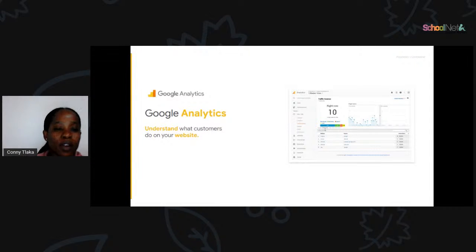Now we have Google Analytics. You need to understand what customers do on your website. You need complete information to understand your site and your application users and to better check the performance of your marketing.